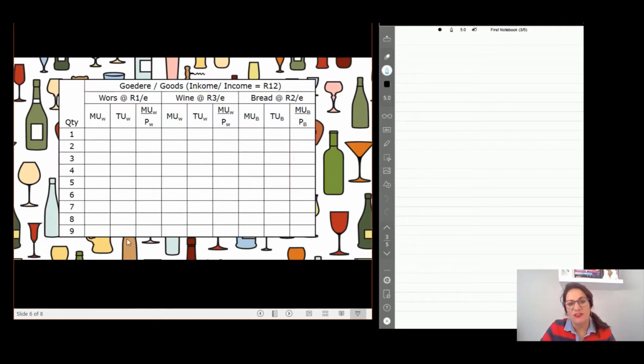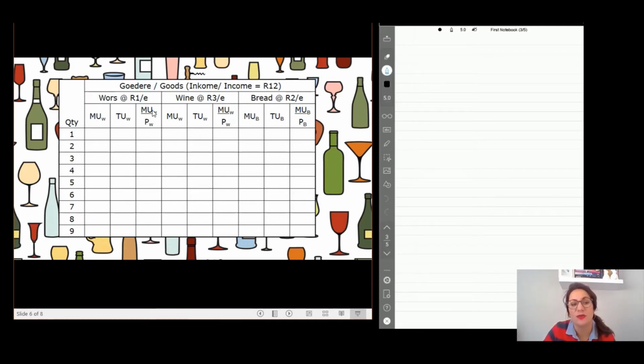So let me just introduce you to this table. I will always ask you to complete a utility table for me. So let me just run through the table. So you will have your income. Income will always be specified with a certain amount. So that is the income that you have at your disposal to buy the following goods. In this case, it's sausage, wine, and bread. So for sausage, the price is 1 rand a piece, and then you have the marginal utility for sausage, total utility for sausage, and then